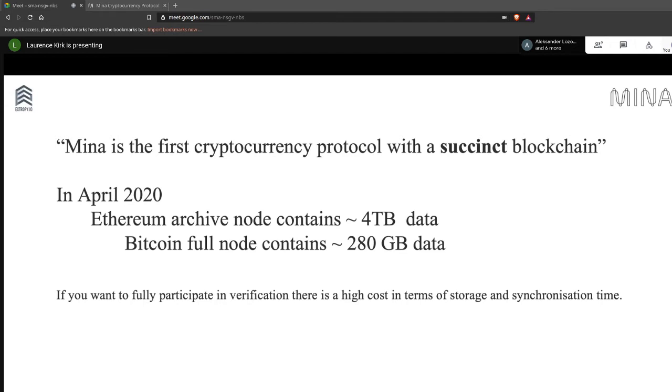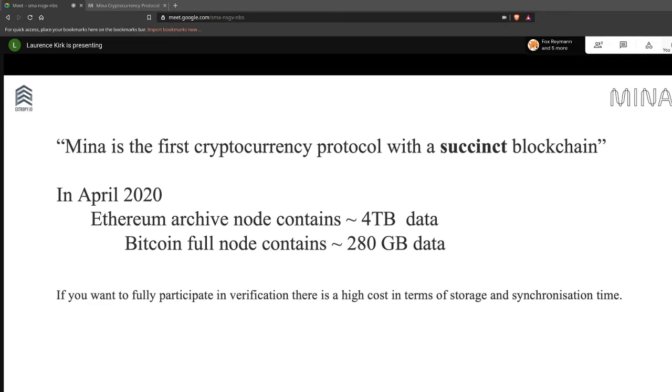And this is one of the main reasons that we use blockchains in the first place: the idea that every participant in the system has the ability to verify the current state of the blockchain and can choose whether to accept or reject transactions and blocks. But if we get to the point where this is not really feasible for ordinary users of the blockchain, then we are to some extent losing some of the decentralization that we had. We're relying perhaps on archive nodes or other people to do this verification for us, and we will just accept that they have done this correctly.